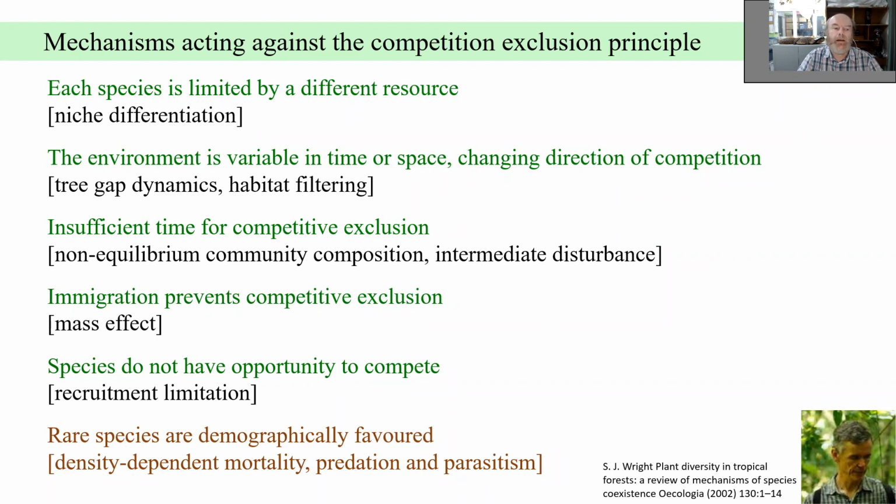And then finally, the so-called recruitment limitation. So that means that no matter what the result of the competition would be, it never happens because the two potentially competing species never meet frequently enough to even try to decide which one is competitively superior. And finally, we have the negative density dependence factor, which we have already discussed in detail. So I will go one factor by one. So let's start with